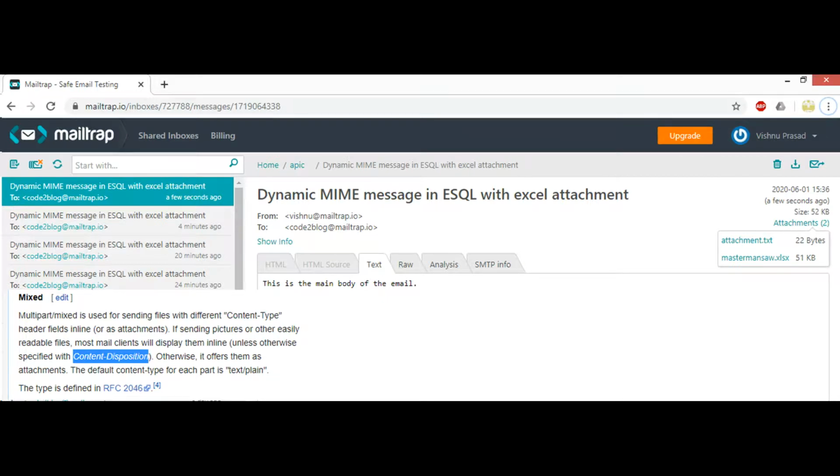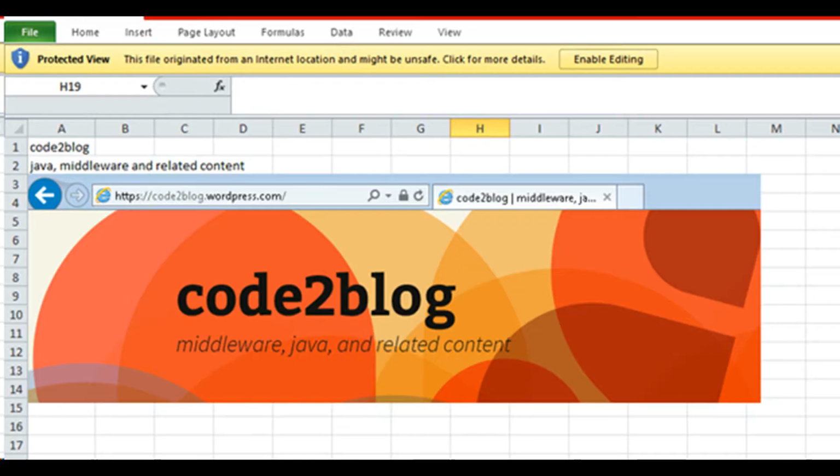By changing fields content type and content disposition, I was able to send 2 attachments instead of 1. Read about MIME domain, multi-part mixed and multi-part related content type in email. At last, I fixed the bug in Excel file and transferred and tested it. I was able to send 2 attachments, one text file and another Excel file. Then downloaded both files and verified its contents.